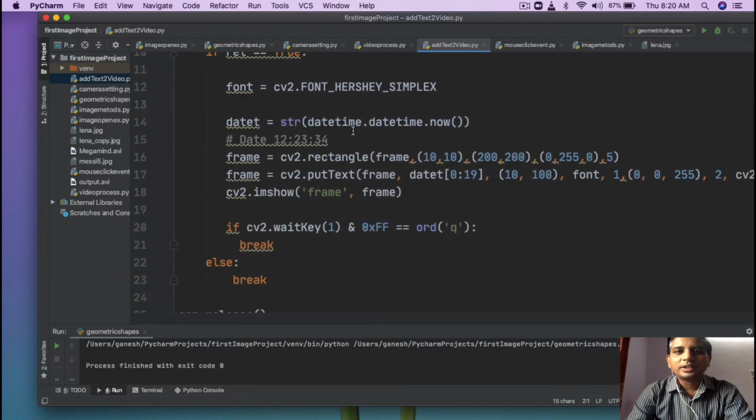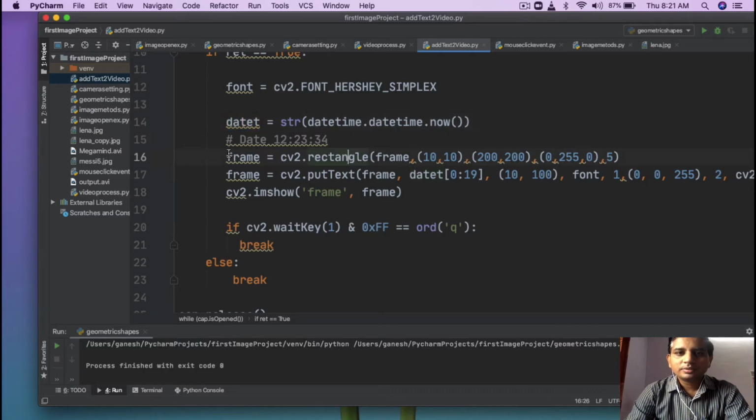Then, using datetime.datetime.now, that now function gives you the current timestamp in terms of the date as well as the time. And I am converting this into a string, and it is stored into the date t variable.